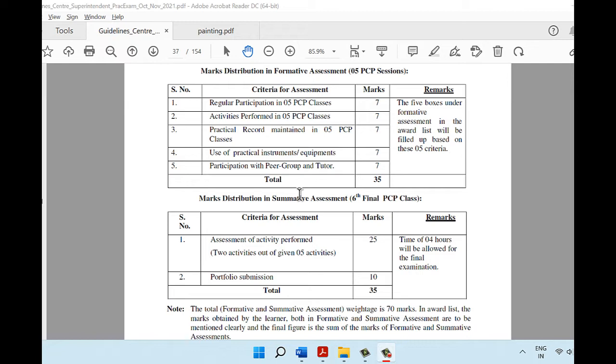There will be 5 PCP classes dedicated to painting. Regular attendance to these classes will give you 7 marks. The class activity you do during those classes will also have some weightage, and that will fetch you 7 marks on duly completing the classwork given to you and submitting it back. The PCP classes will also give you homeworks to do, which is 5 in number. That will get you 7 marks. The use of practical instruments and equipments will give you 7 marks. And finally, your class behavior will fetch you 7 marks. So 35 marks here will come from your